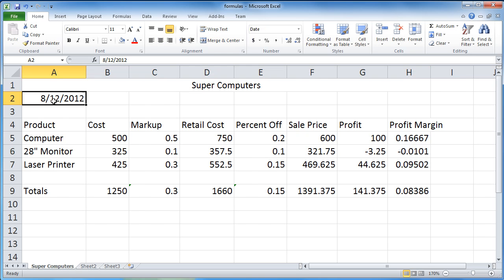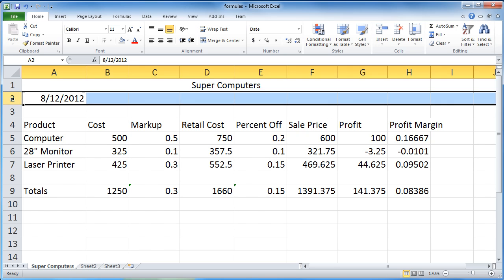I want to do the same thing with the date. Now let me show you the wrong way to do it first. Let's say I want to center the information by just highlighting the row itself. Notice when I clicked merge and center, we don't know where the date went. Well, it went really far to the right, because we have so many columns available to us, and what I did was select the entire row. So we don't want to handle it that way.